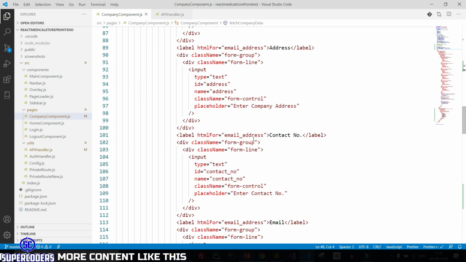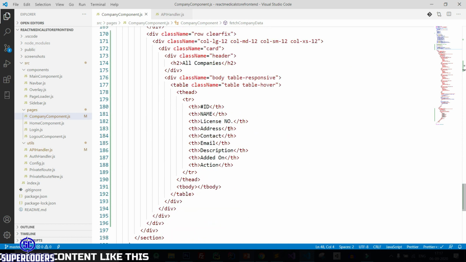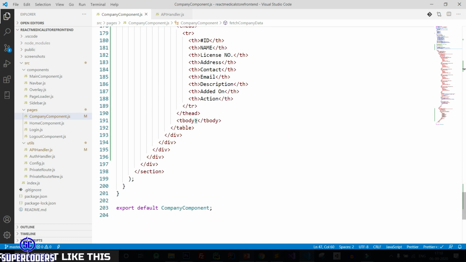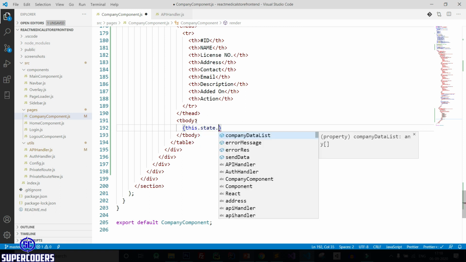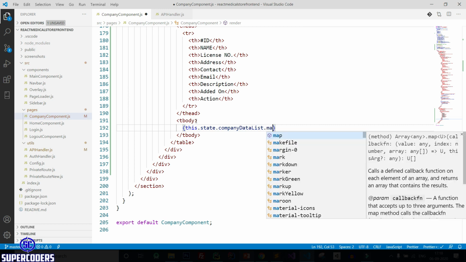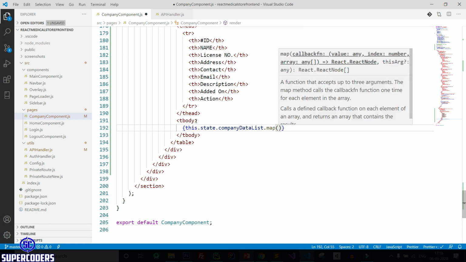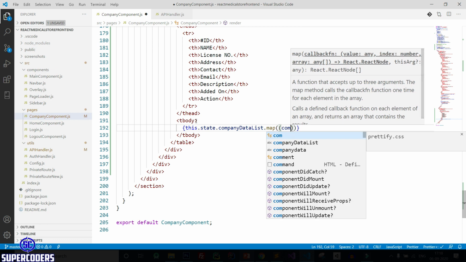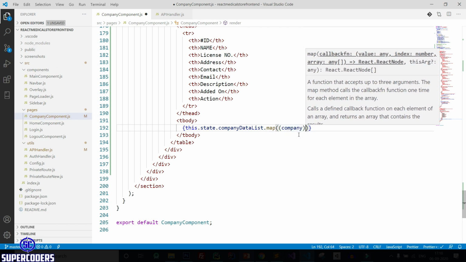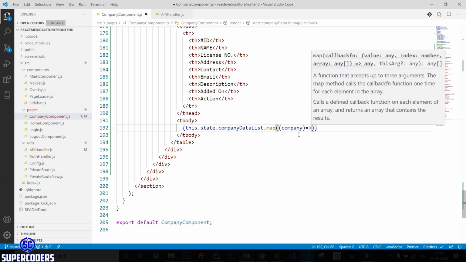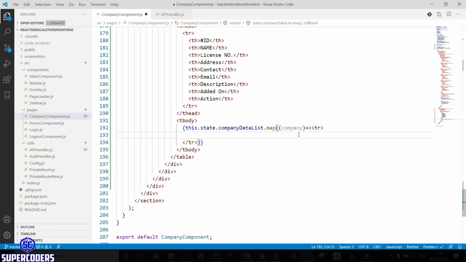So here come again, and let's open this tbody. After that, let's this dot state dot company data list dot map. After that, company. So I am accessing the single company data from the array. After that, tr, and let's correct this. Save it.